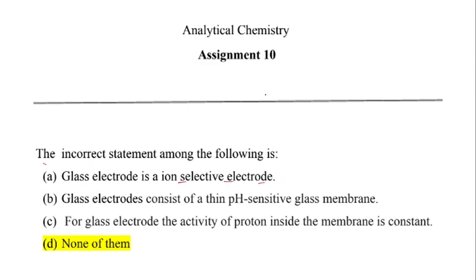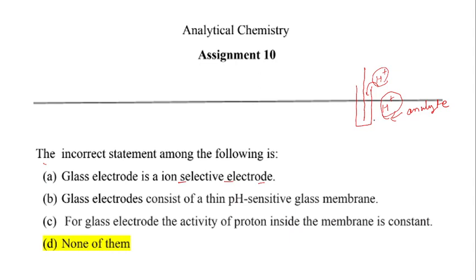Yes, it is true, because the glass electrode is made of a glass membrane, which is ion selective. Inside this glass layer there is one solution with a particular concentration of hydrogen ion. Outside is the analyte, which also has some concentration that is unknown. It is connected by some Ag/AgCl electrode. So what will happen here? It will compare the concentration in the analyte and the concentration of hydrogen ion which is filled in this